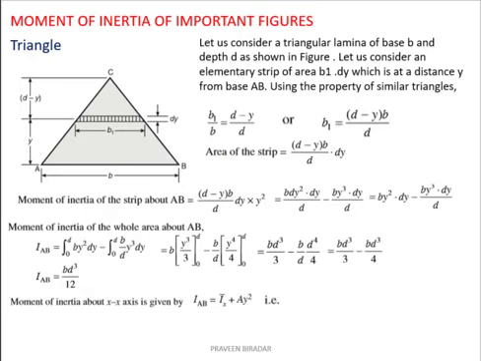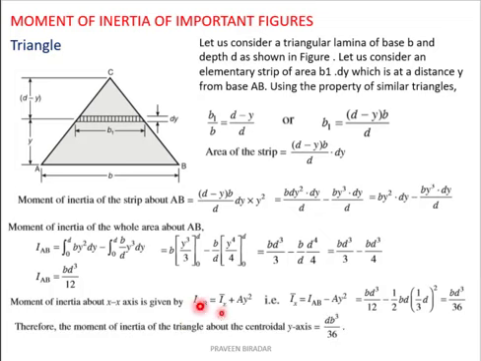So if I transfer this to the x-axis at centroid, Ix equals IAB minus A y square. So I will substitute IAB, which is BD cube by 12, minus half into base into height, which is the area, into the CG from the base, which is one third of d, square. So it will be BD cube by 36. Similarly, if I take along the y-axis, it will be dB cube by 36. So for triangle, it is BD cube by 36 at centroid and BD cube by 12 at the base.